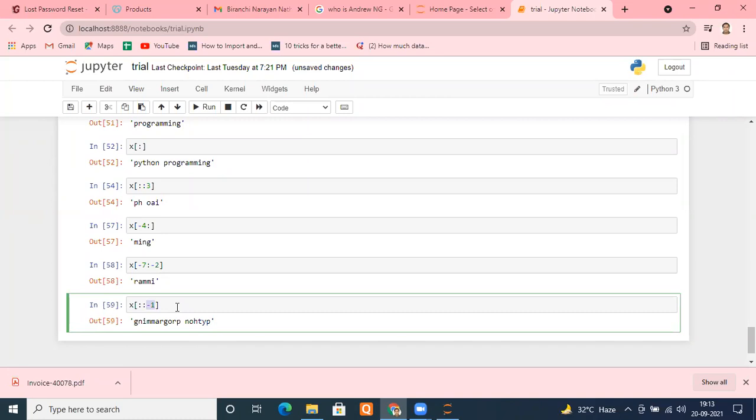If I am putting 1 there or -1 there, it simply means don't skip any character. You have to move one character by one character. Don't skip anything. If I put 2 there, either +2 or -2, that means skip one